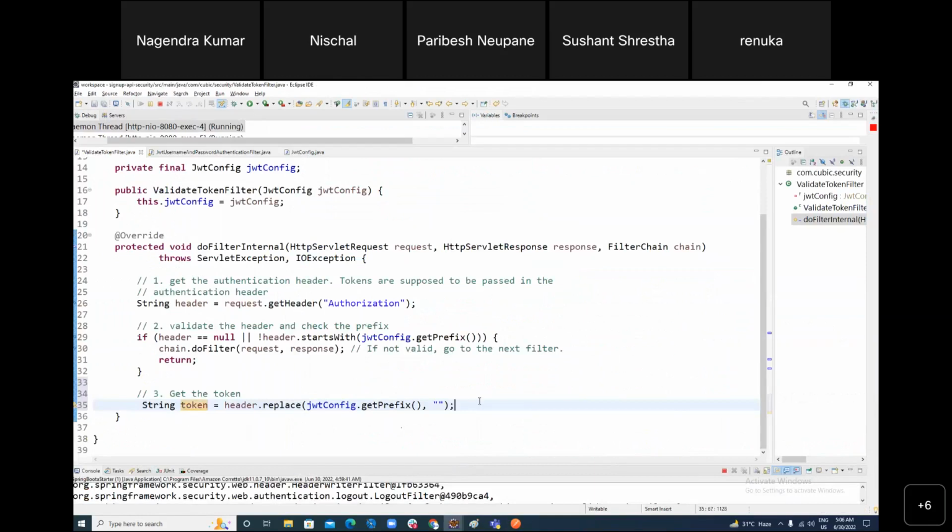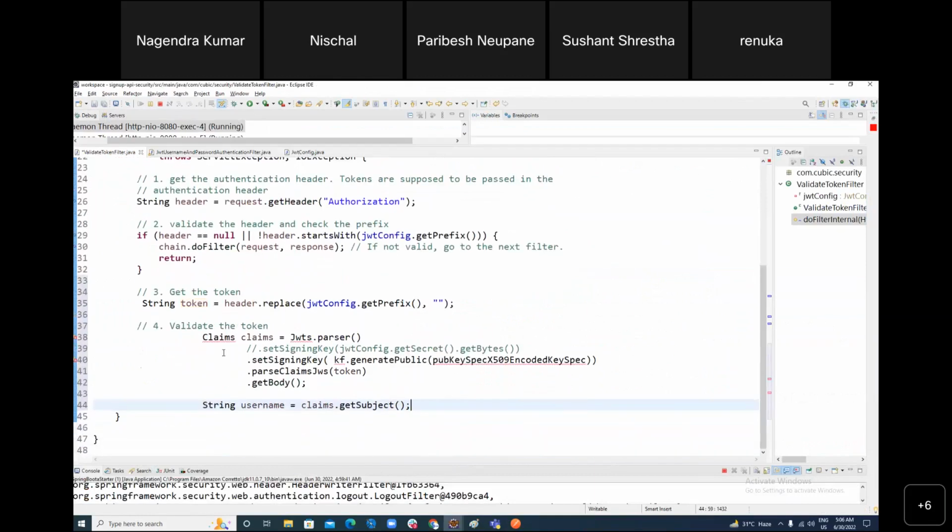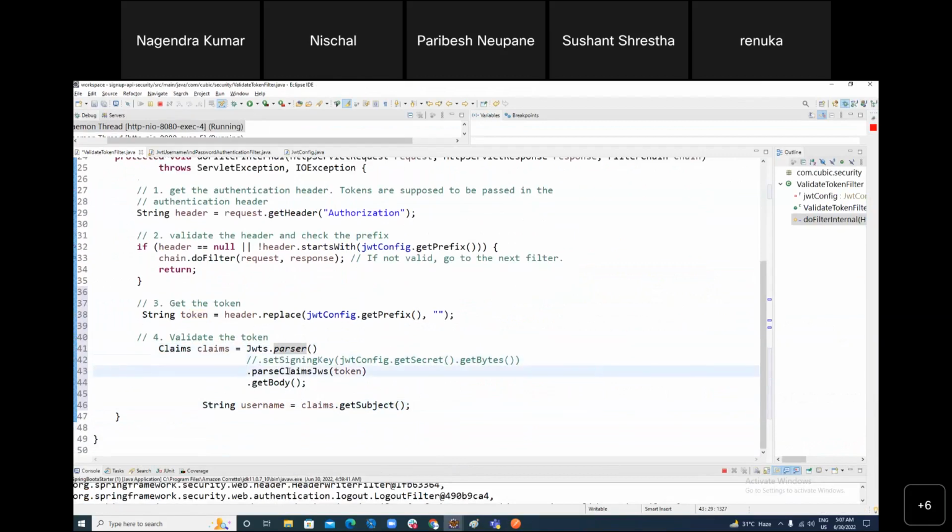How to validate the token. Clear? If you want to validate the token, what you have to do? JWT dot parser. And then you have to use your secret key